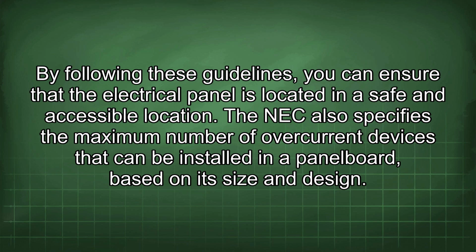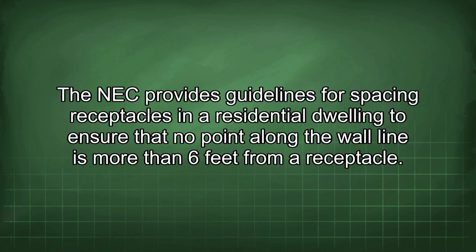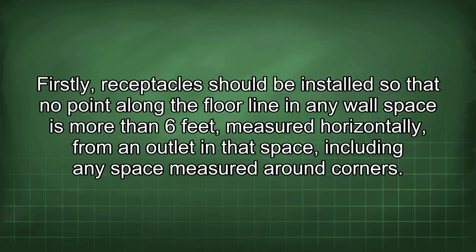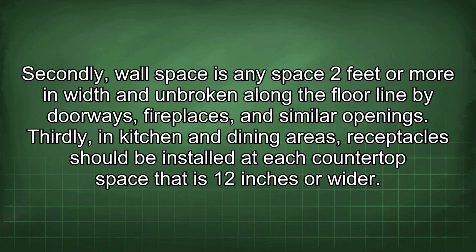its size and design. The NEC provides guidelines for spacing receptacles in a residential dwelling to ensure that no point along the wall line is more than 6 feet from a receptacle. Firstly, receptacles should be installed so that no point along the floor line in any wall space is more than 6 feet, measured horizontally, from an outlet in that space, including any space measured around corners. Secondly, wall space is any space 2 feet or more in width and unbroken along the floor line by doorways,